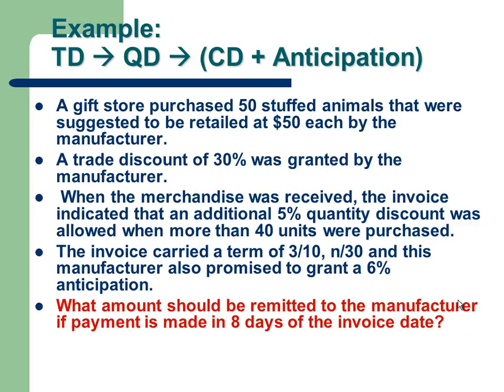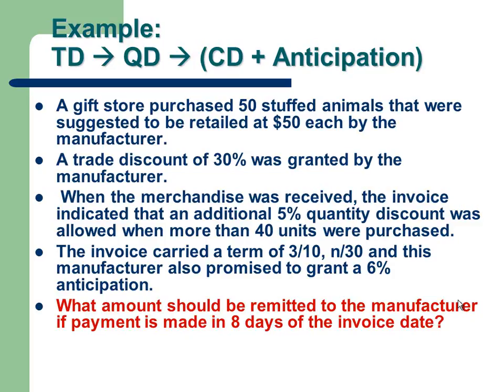So now that we know all 3 or 4 kinds of discounts, trade discount, quantity discount, cash discount, and anticipation, and what order they have to be discounted, and on what basis the trade discount, quantity discount, cash discount and anticipation must be calculated, we can now think about an example problem where we have to do all the discounts starting from the list price to establish the net amount that you have to pay, right? So let's take a look at an example problem here.